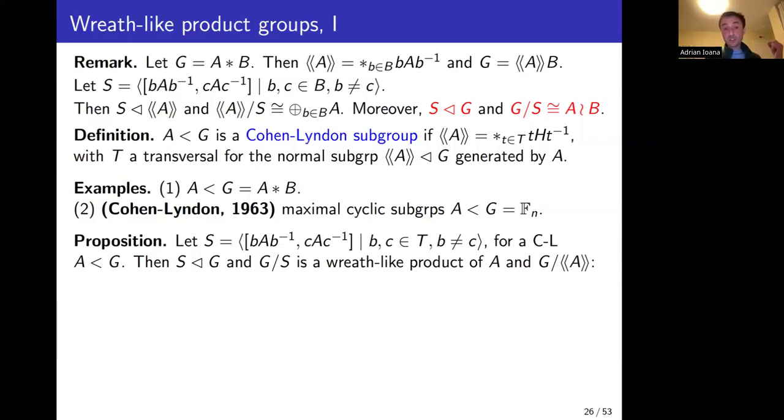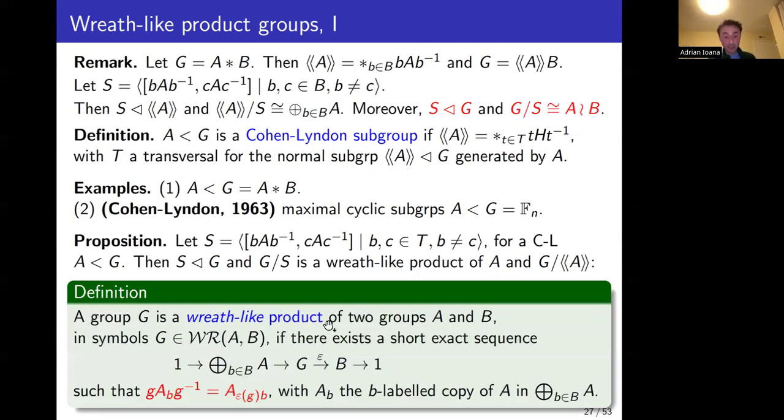And it turns out that when you take the quotient G mod S, this is a wreath-like product of A and G mod the normal closure of A. So what is this wreath-like product? Here's the definition. A group G is a wreath-like product of two groups A and B, in symbols G belongs to the class WR(A, B),